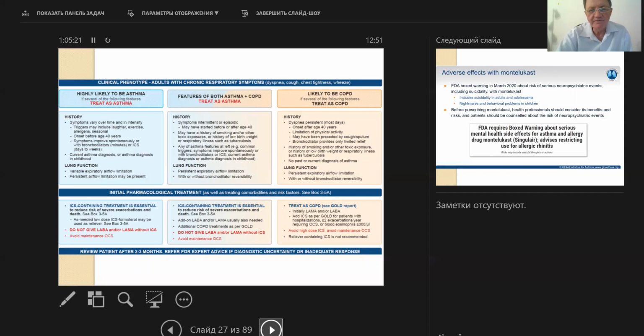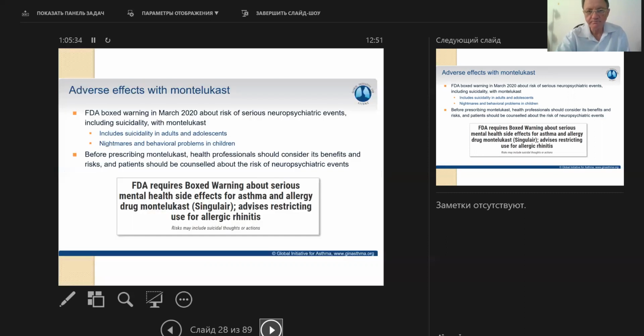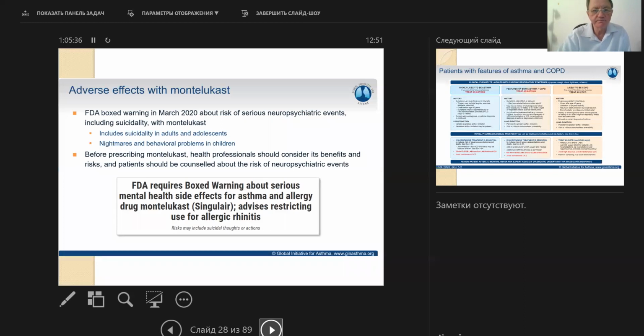But if we suspect COPD, we should not treat the patient with inhaled corticosteroids as a monotherapy. We will say about it later. But what about montelukast? Montelukast,